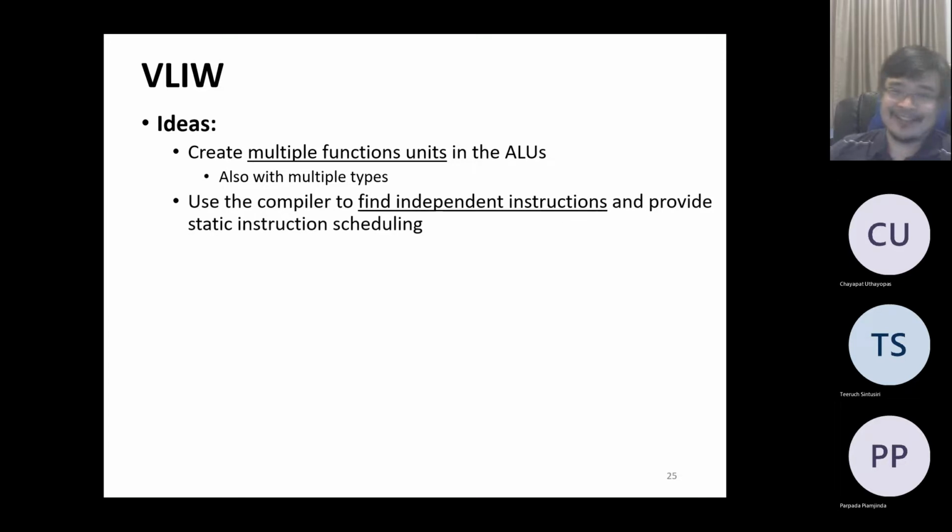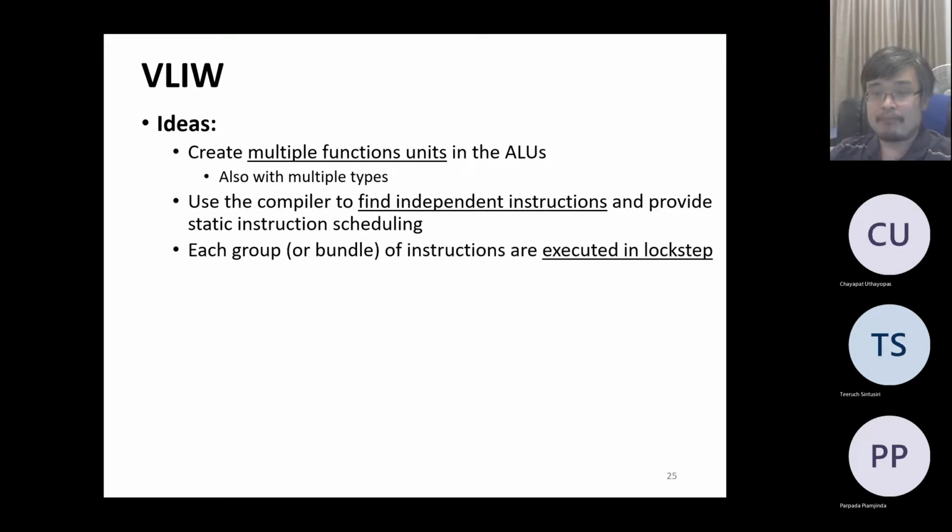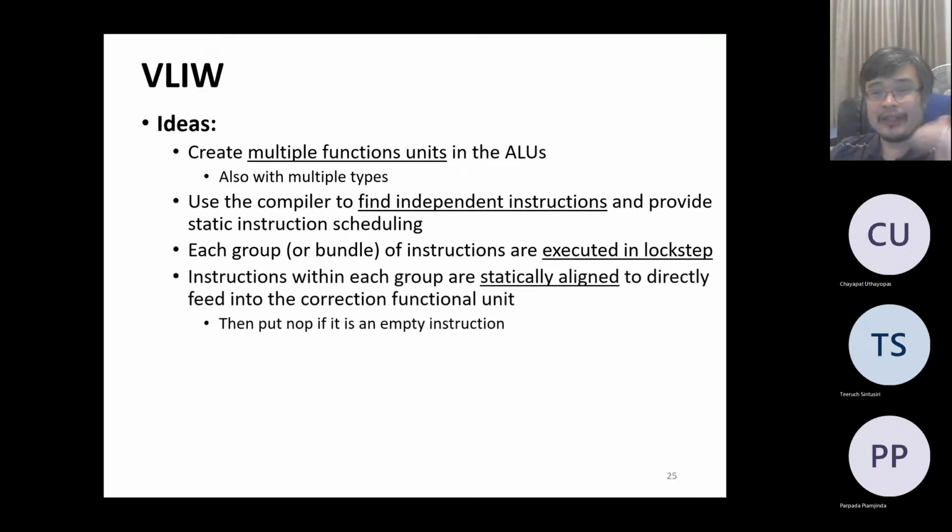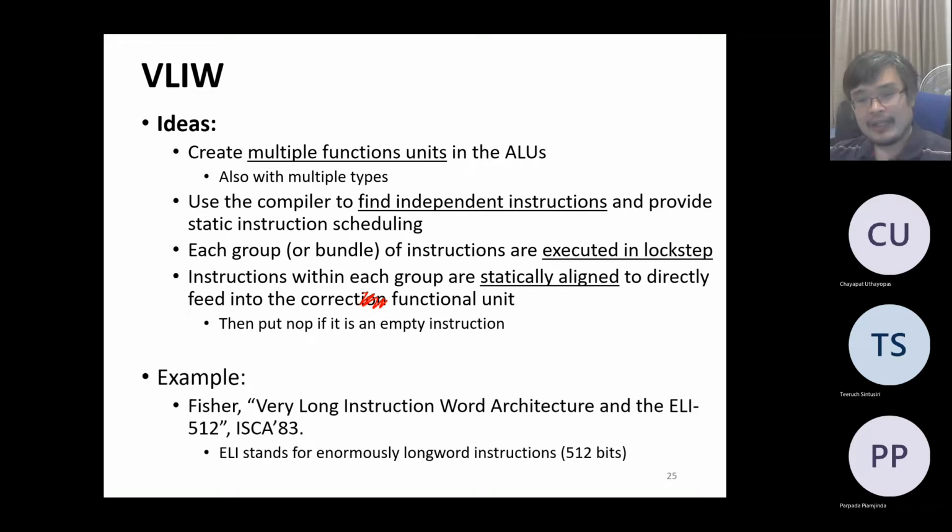And then I use the compiler to figure out where the independent instructions are, and then I provide this scheduling. Each group, or each bundle, is then executed in lockstep, right? When I say execute in lockstep, it means that they execute together. The instructions within each group are then statically aligned to directly feed into the correct functional units. If we cannot figure out something that should go into, say, the second adder, I put no-ops. I don't do anything. So this is the idea behind the